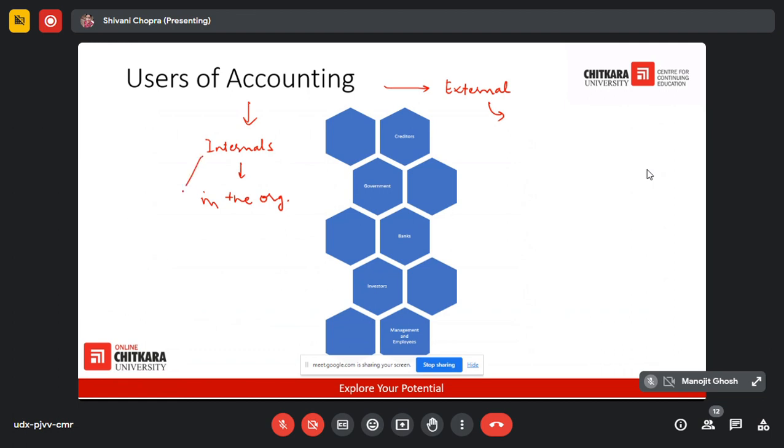Let's take up examples of internal users. The first internal user of accounting is management, because it's management who would be using this accounting information to take a number of decisions. Second one is employees. They would like to look into the financial position of the business in which they are working, in order to understand what the growth rate of the business is, what all the assets are, and what the potential of the business is. And then the most important user, rather it should be the most important one. Can you guess the name? It is the